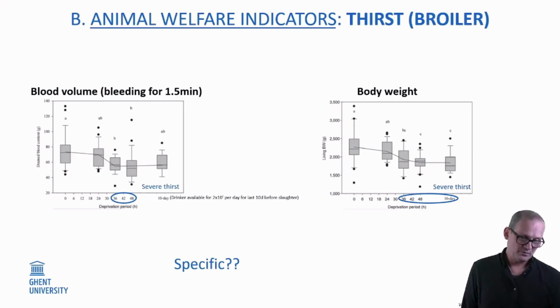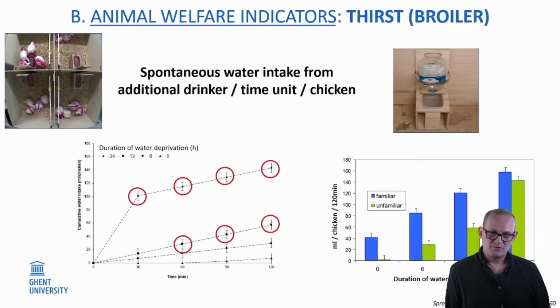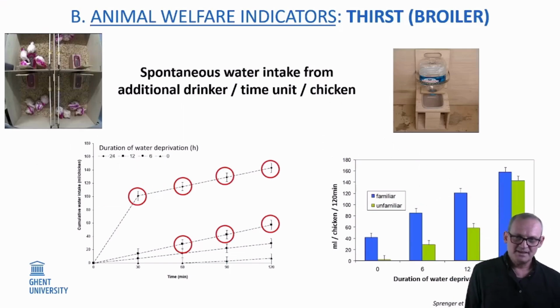Because body weight could be affected by so many other factors, and the same with blood volume. So what we really would need is a much more specific indicator of thirst. So you could think about designing a behavioral test, a very simple one. What will a thirsty animal do? It will try to drink,